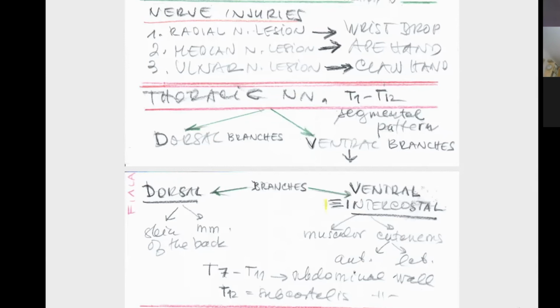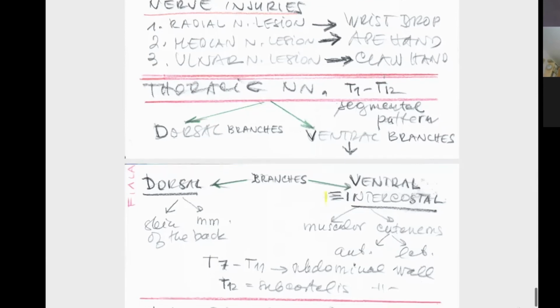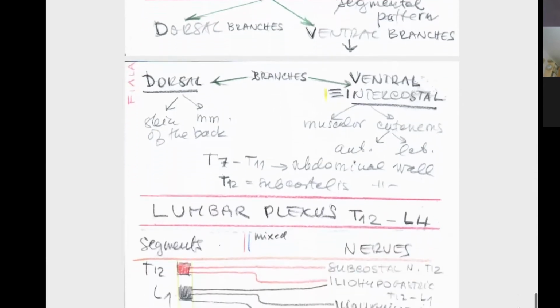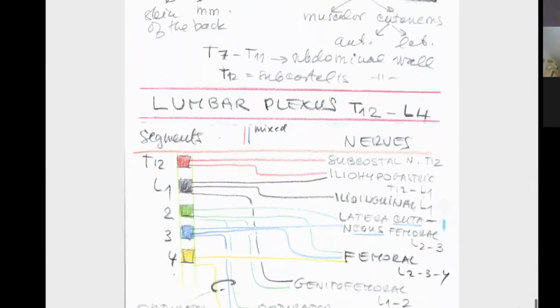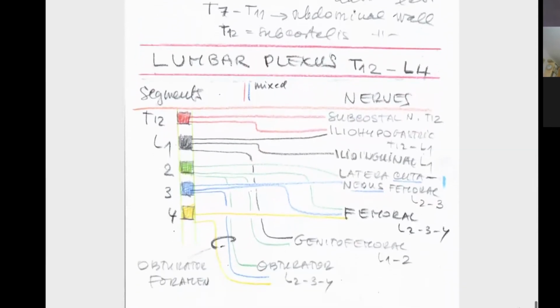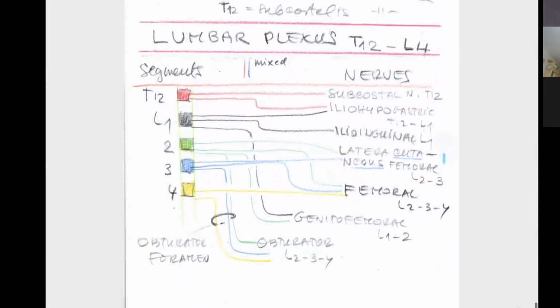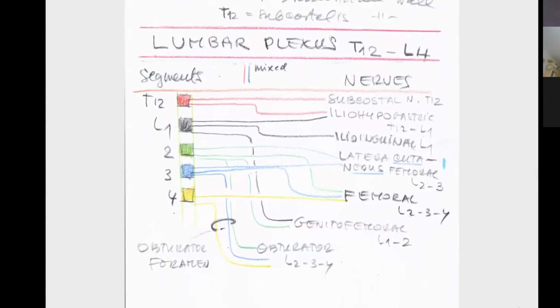So the abdominal wall is innervated by the lower pairs of the thoracic nerves from segments T7 to T11. And then the next one is the lumbar plexus, a bit complicated, again a full page. We are looking at the lumbar plexus formed by the segments T12 to L4, and as we said at the beginning